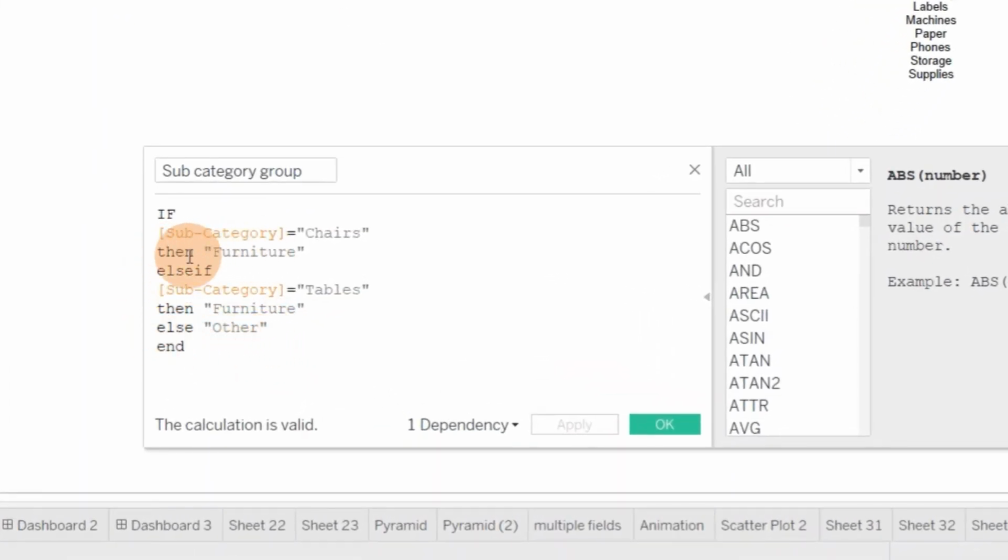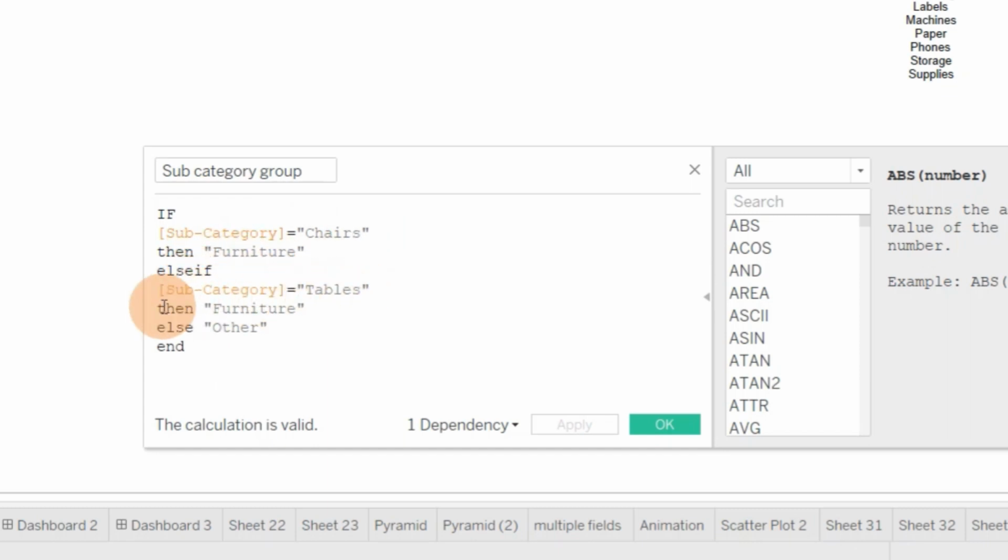Similarly, I can check for other criteria also. So suppose apart from these two conditions, I want to see another condition, that is for storage. If it is equal to storage, then suppose I want to give them another name. So in my if statement, I have written that subcategory equal to chairs, then furniture.